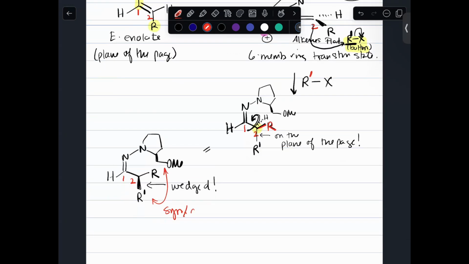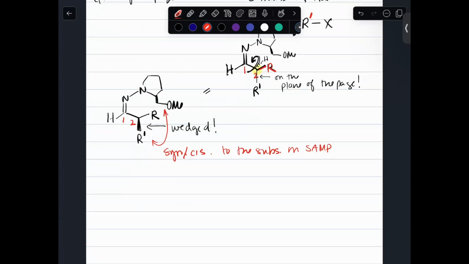Or cis to the substituent on your SAMP organic molecule. Okay. So it shouldn't come as a surprise that if you start off with the RAMP,